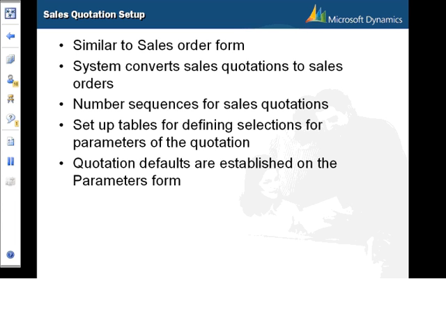So issuing a quotation resembles issuing sales orders, so it's very similar to the sales orders. Most functionality found in the sales order form is also available in the quotation form. Quotations accepted by the customer are converted to sales orders. With sales quotations, you can issue sales quotations to customers, update sales quotations, convert sales quotations to sales orders,